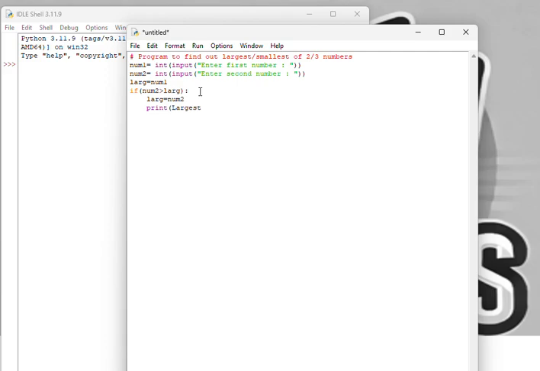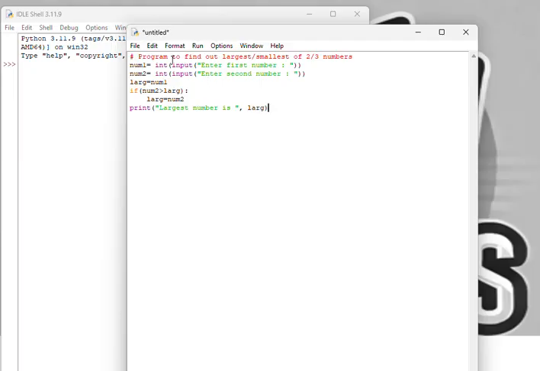This way we can reduce one more print statement, so we will have one general statement. If the condition num2 is greater than large is true, then the value of large is changed and num2 is assigned to large. In both cases, whether this condition is true or not, the variable large is having the largest value. So I'm writing the output: print "Largest number is", large.